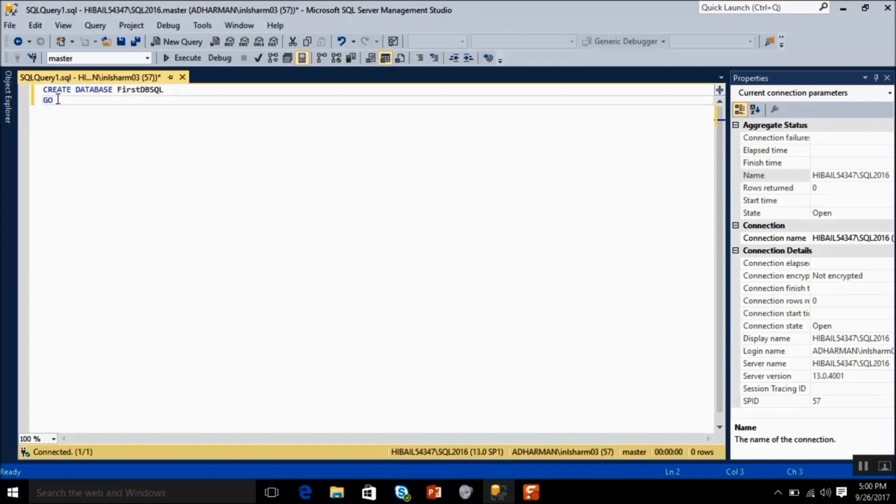Now Go is used to separate scripts so that each script or a bunch of scripts act as an independent entity. So for example, if we have another statement here and we write go and another statement here and then again we write go, then if you encounter an error in say the third or the last statement, even then the first two statements will be executed because all these statements or bunch of SQL queries are independent of each other. So coming back to creating the database,